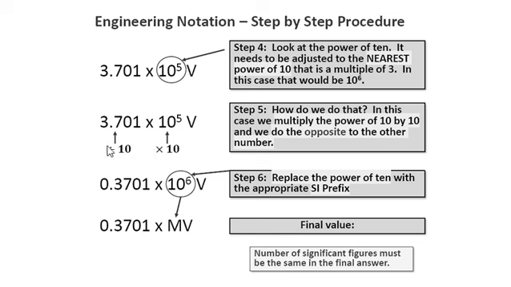combining all of your 10 powers all together, okay? So first we will move this decimal to the front, okay? So now we get 0.3701. So that is one place going to the left, okay? So therefore we get